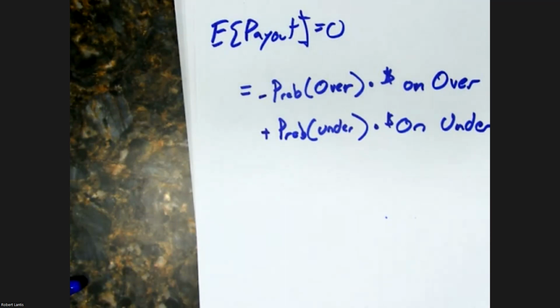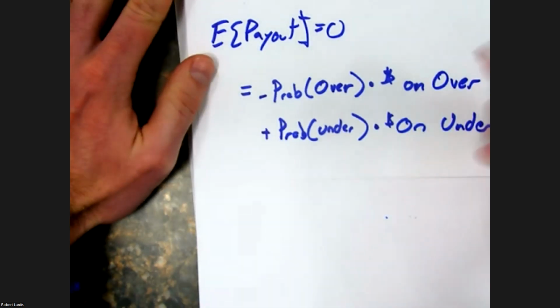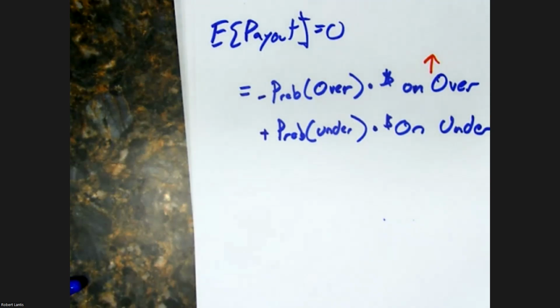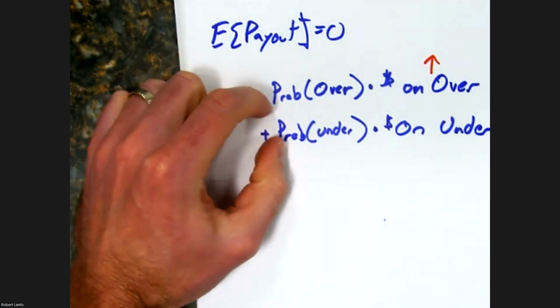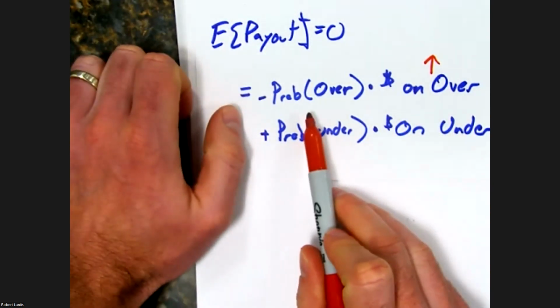If people just like to watch games and think teams are always going to score more than they do, and we start seeing a bunch of money get put on the over, right? Well, what's going to happen if we have this 50-50 bet initially set? Our initial line was we believe there's a 50% chance it goes over 40 points, 50% chance it goes under. But then people start over betting that it's going to go over. Well, now, if these probabilities were both 0.5, and I have a higher amount of money on the over, what happens if the over hits?